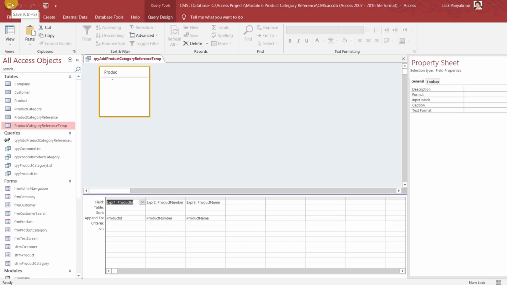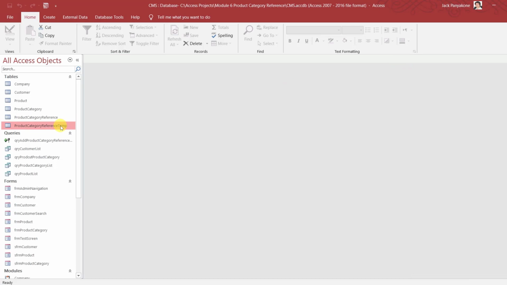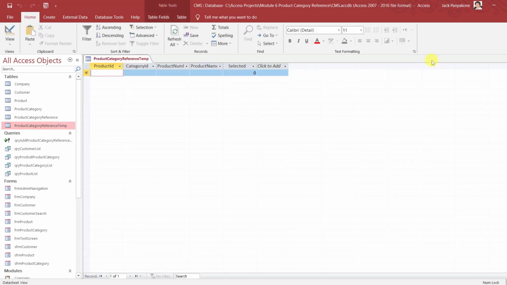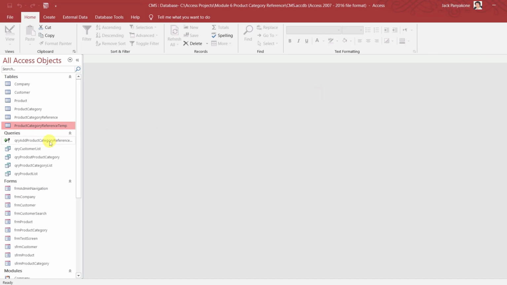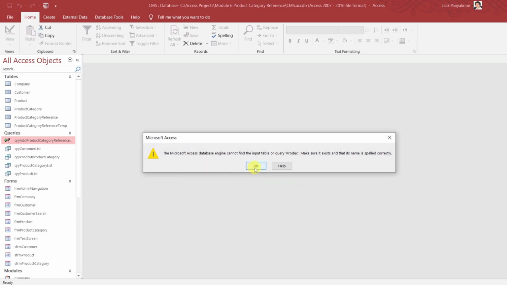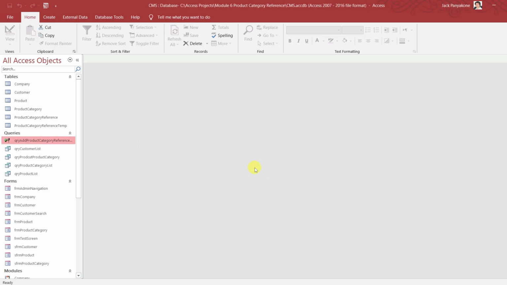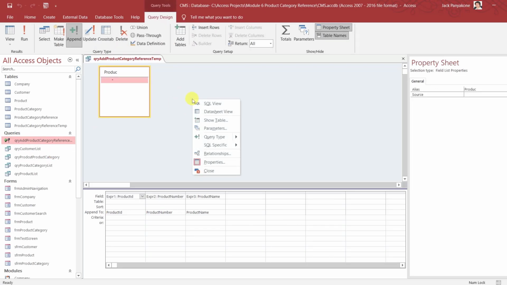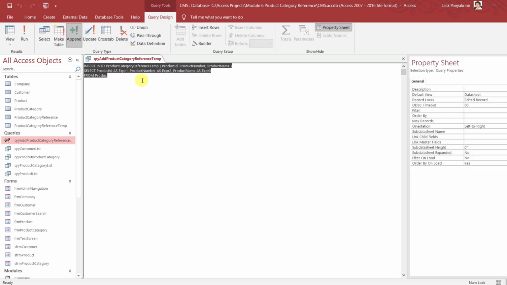All right, so we got the add. Let's see if that works. If we look in here, it's empty. If we click on this guy now, let's go ahead and say yes. Oh, okay. So I left out the T. Let's go back to the SQL. T. There you go. All right, and so it's expecting a